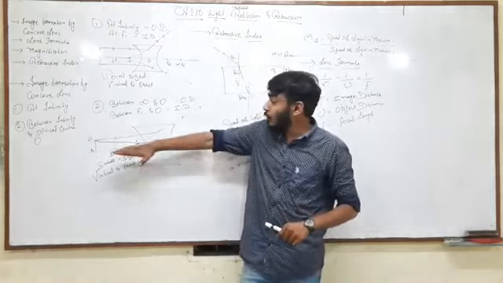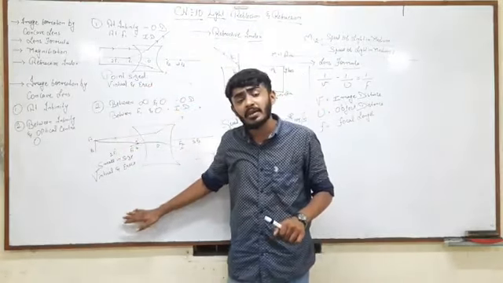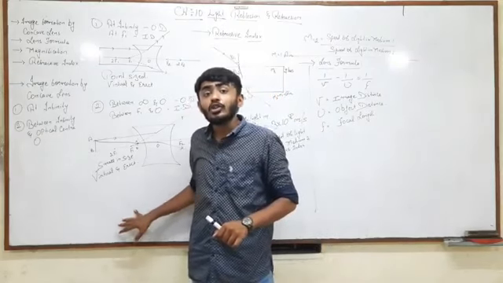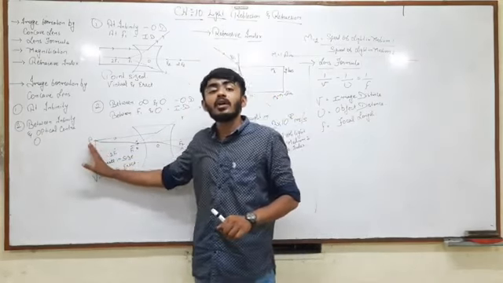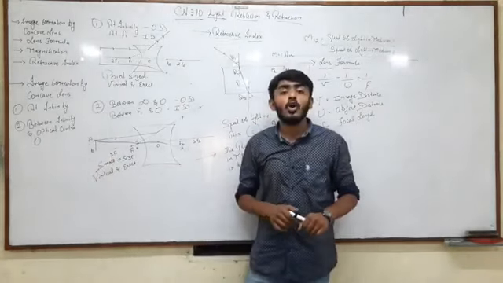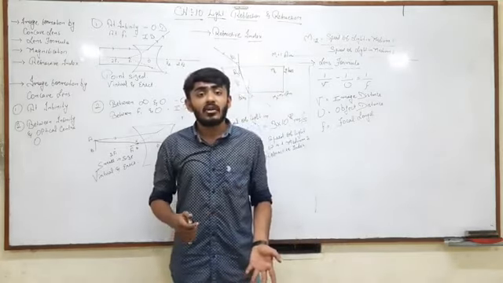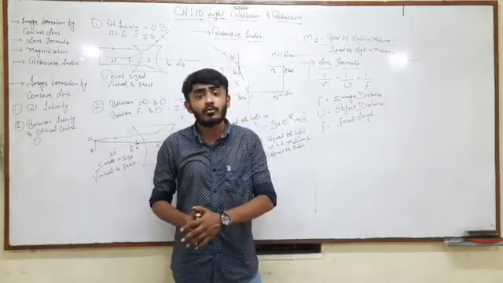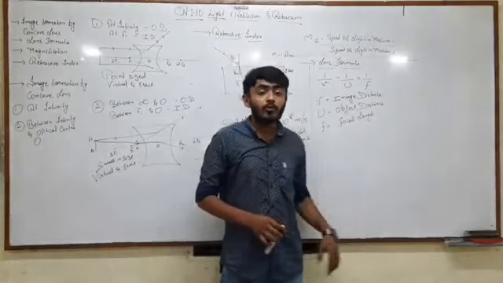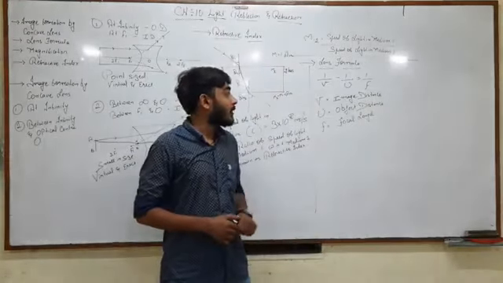The object above the x-axis will be considered positive. The object below the x-axis will be considered negative. The object on the left hand side will be considered negative. The object on the right hand side will be considered positive. So these are the general sign conventions we did for the mirror formula, and the same are followed for the lens formula. I hope you are clear with this.